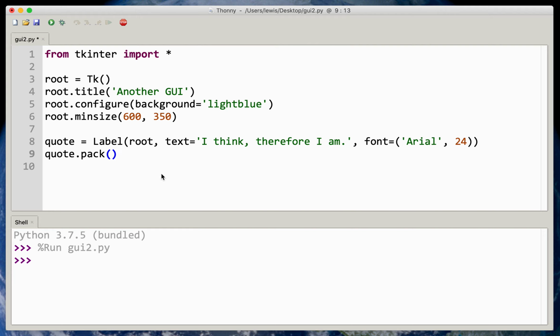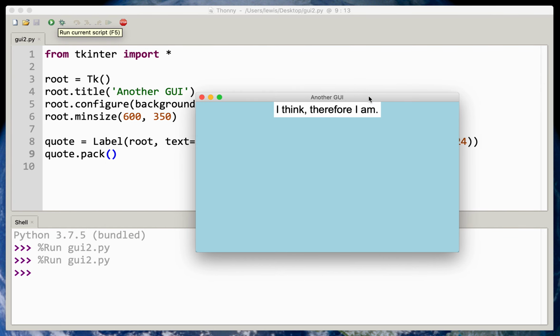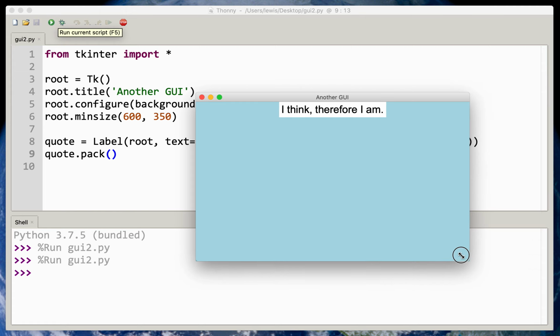So I'll just do it that way for now. Let's run it again. And there it is. There's the label with the text, I think, therefore I am. It's packed into the window, which puts each widget on its own row and by default centers it on that row. So again, I can enlarge this and it keeps the